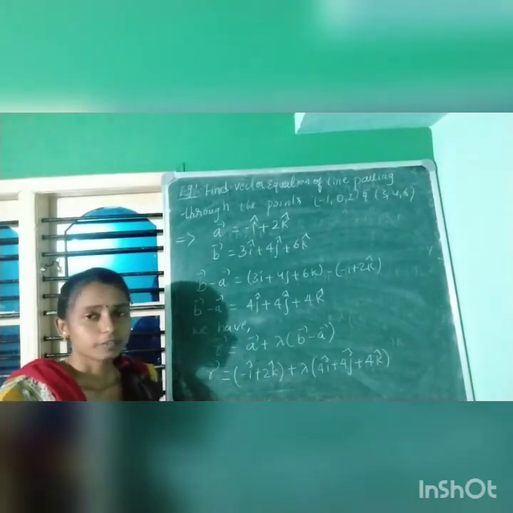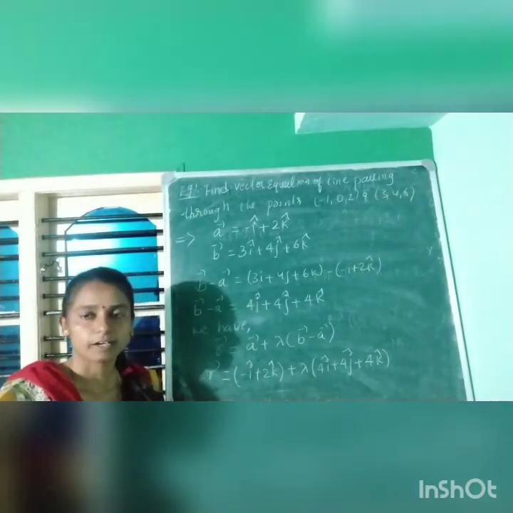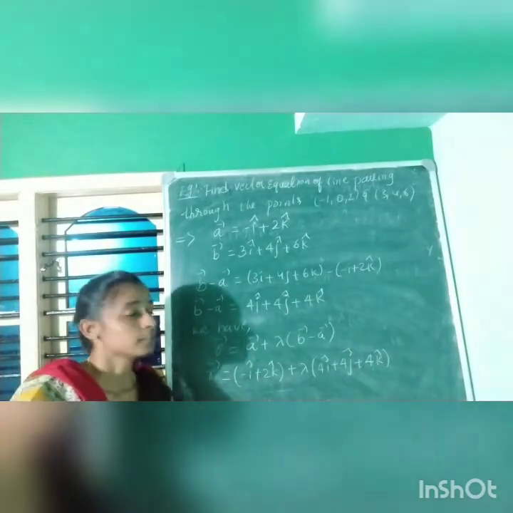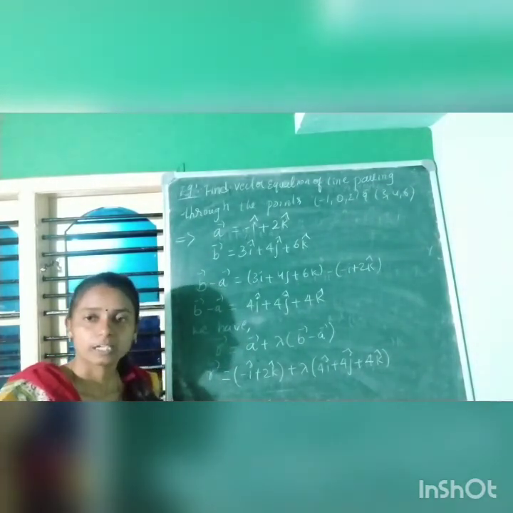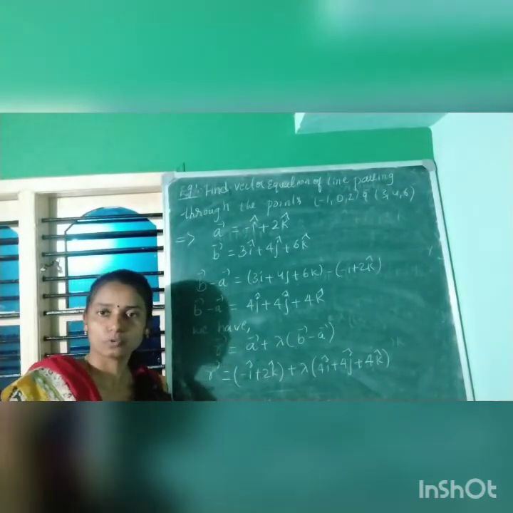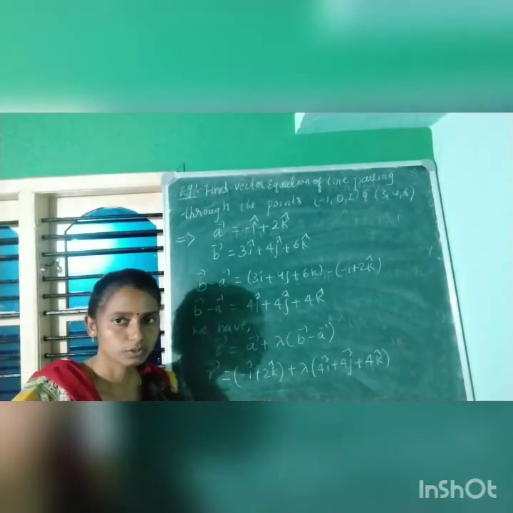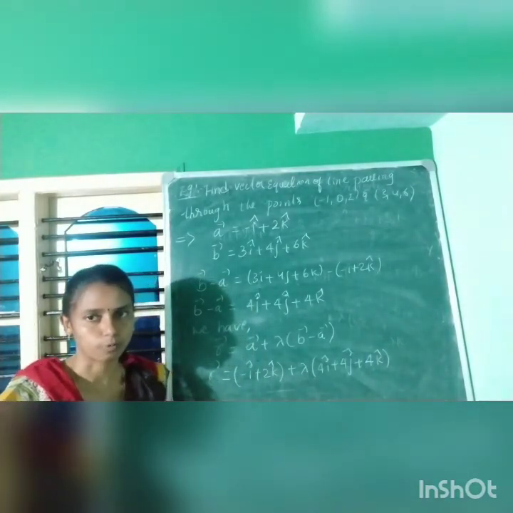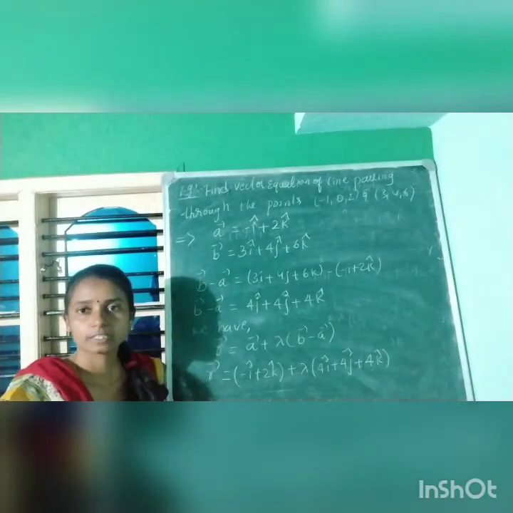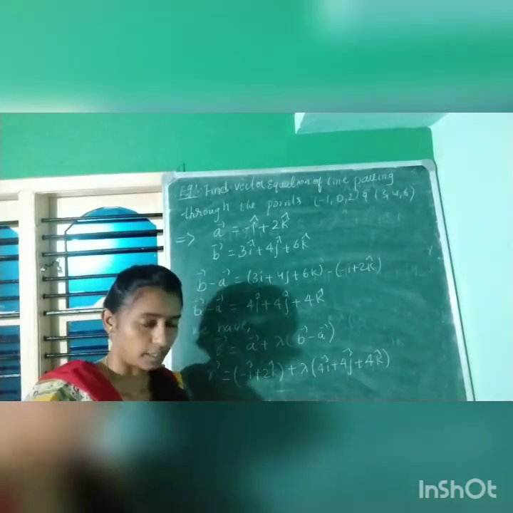We have so many examples in the exercise based on this one. Once we complete this concept, one more concept is there, so I'll do that. After that, there are many problems related to the equation of a line passing through two given points in vector as well as Cartesian form. We'll do those problems in further classes. Hope you guys understood the derivation of this and an example. Okay, thank you guys.